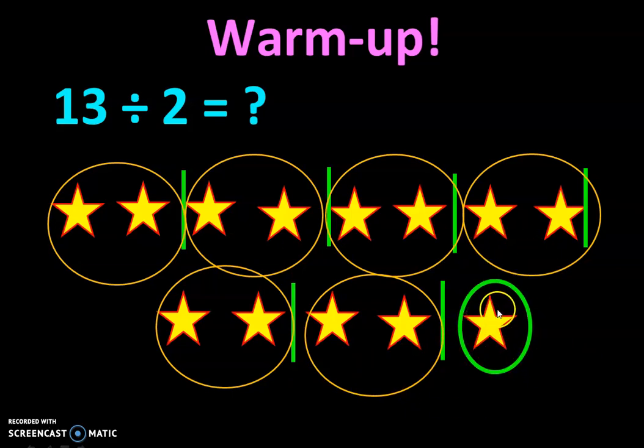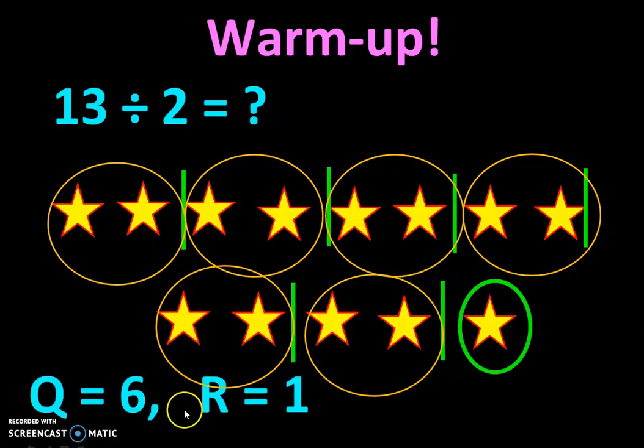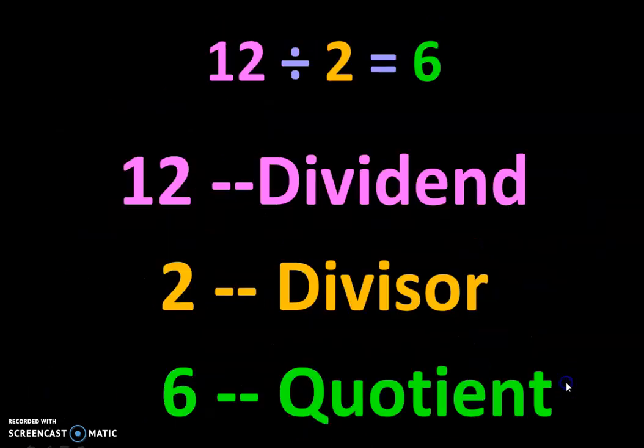That remaining 1 is said to be our remainder. So Q is equal to 6 and R is equal to 1. The remainder is 1, that is, R is equal to 1, and Q is our quotient. Quotient is equal to 6. That's it. Okay. So from here, we see this 12 to be our dividend.